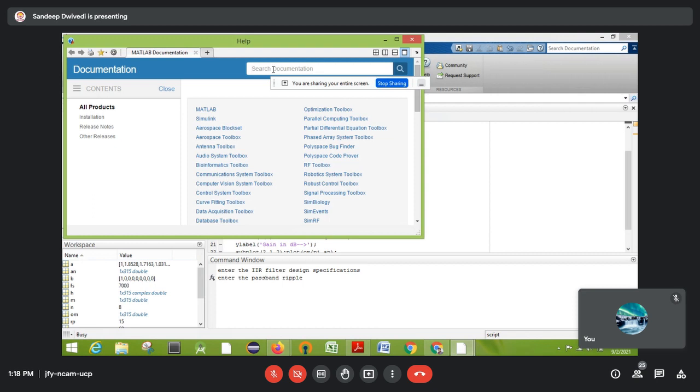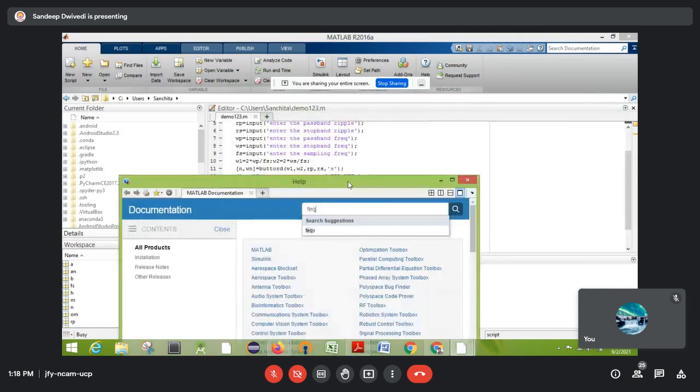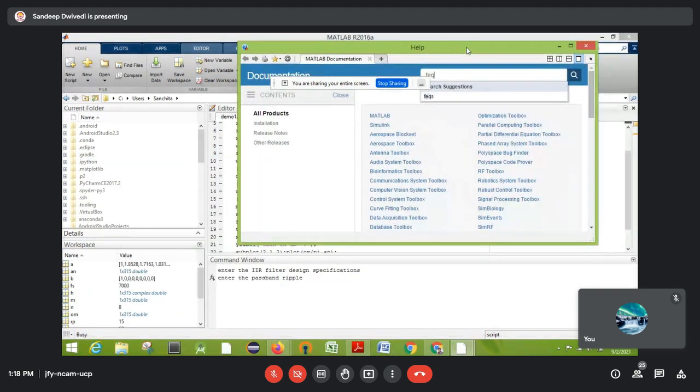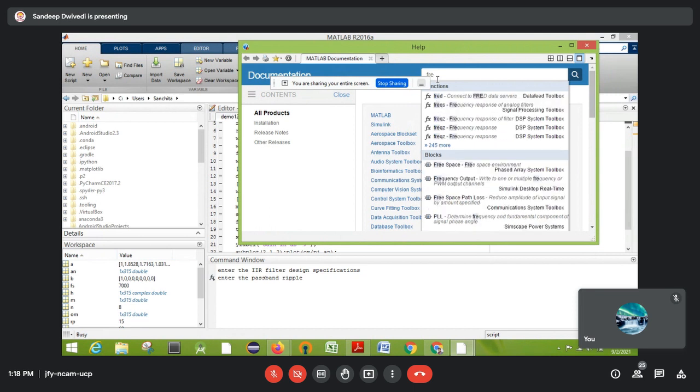In that you can write in the search option. Directly in the search option, as you write, that will come up.